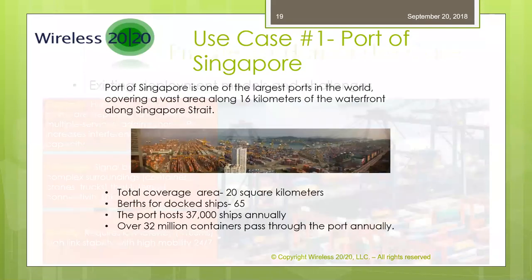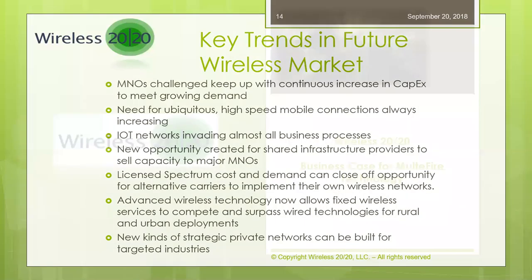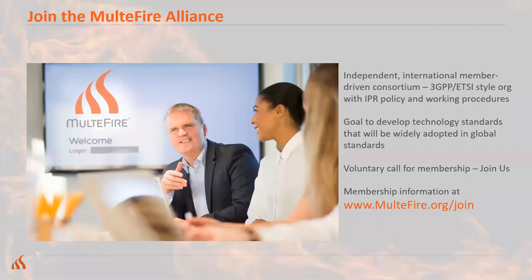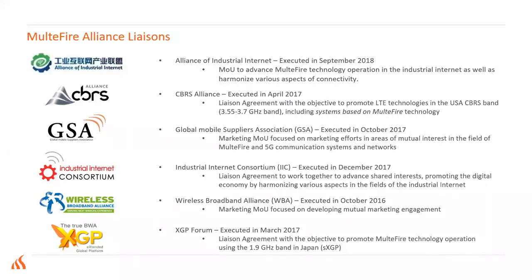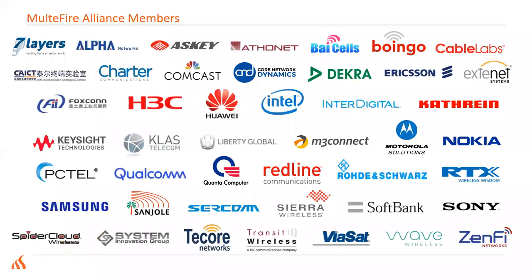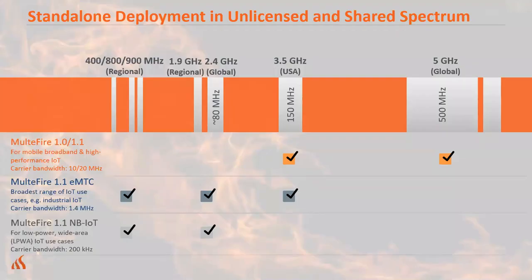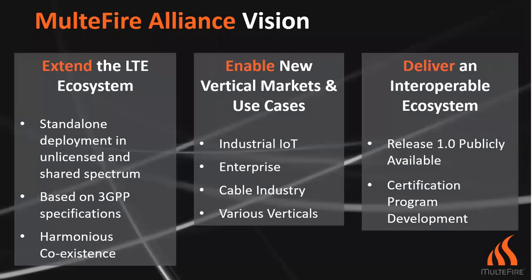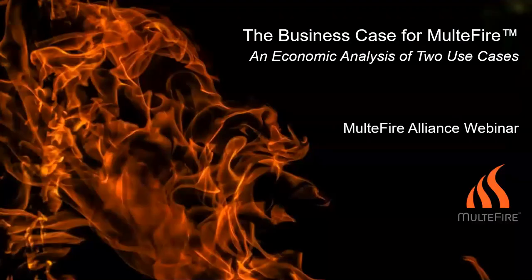Yeah, again, thanks to Randall for a great presentation. As the MulteFire Alliance shifted from release 1.0 to release 1.1, the focus became more on private LTE-based networks, specifically for industrial IoT applications. So the use cases that Randall covered, with the shipping port examples, as well as mining and the oil and gas industry. So I would say these are the initial release 1.1 targets from a market perspective.